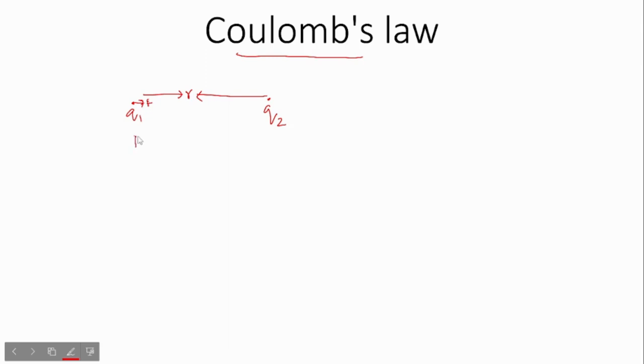Then this force F is directly proportional to the product of charges, and this force F is inversely proportional to the square of the distance between the two charges. Let's say this is equation one, this is two. So this is the basic Coulomb's law. For the statement of Coulomb's law, you can say that